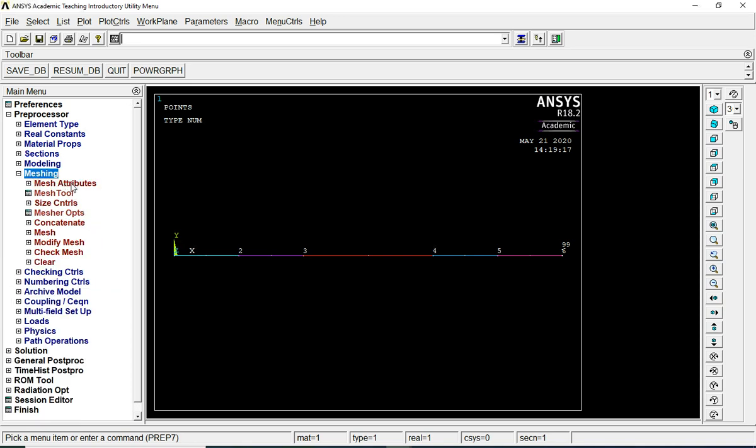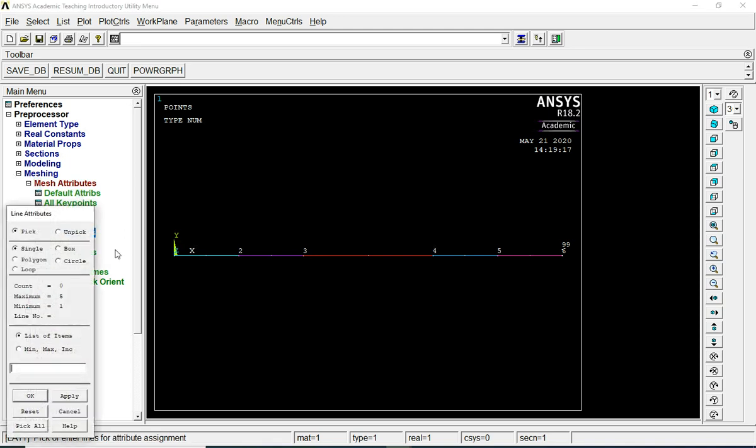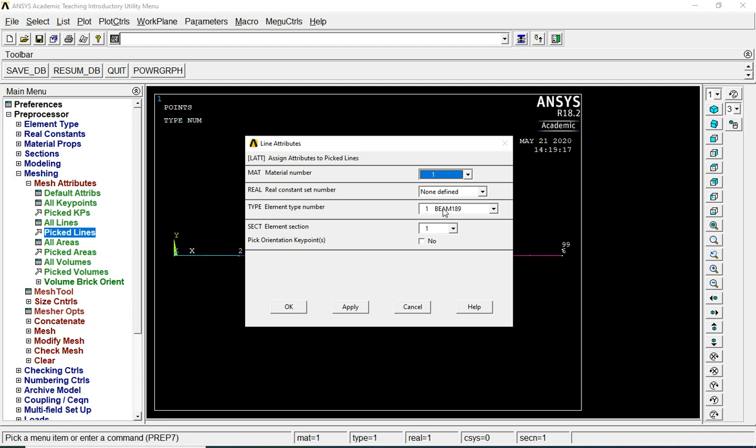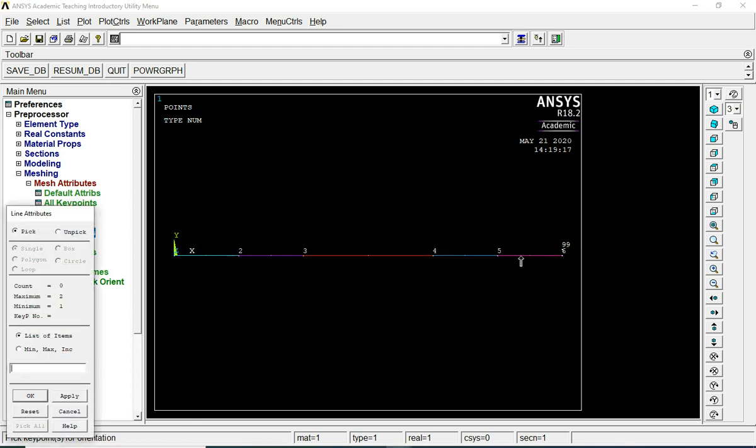Then go to Meshing, select Attributes, Picked Lines, select all the lines, say OK, and here make sure that the material is assigned properly and the type of element selected and element section, and also you have to choose pick orientation key points. Say OK, and here you select the key point number 99. You can see it here in the selection window. Once it is confirmed, then click on OK.